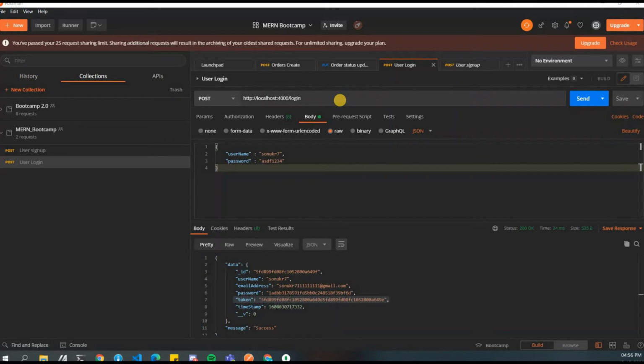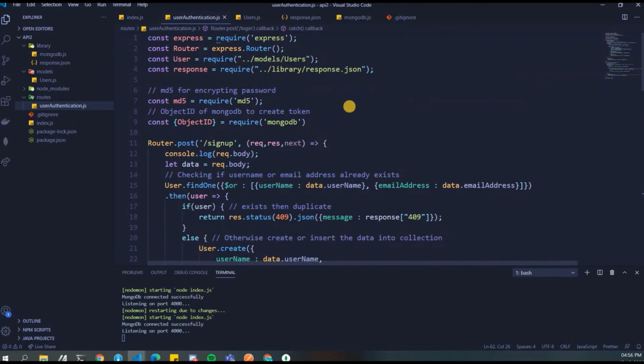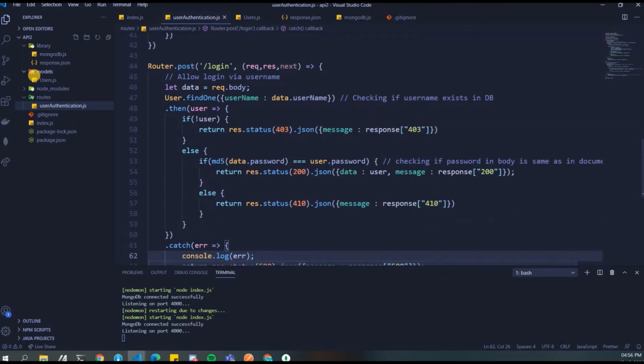So today we'll be covering this much, and after that we'll meet again tomorrow to create some more models of products. So since we are building an e-commerce application, we'll build models of products, orders, everything. And similarly, we'll write APIs for all of those, post, get, everything. Okay.